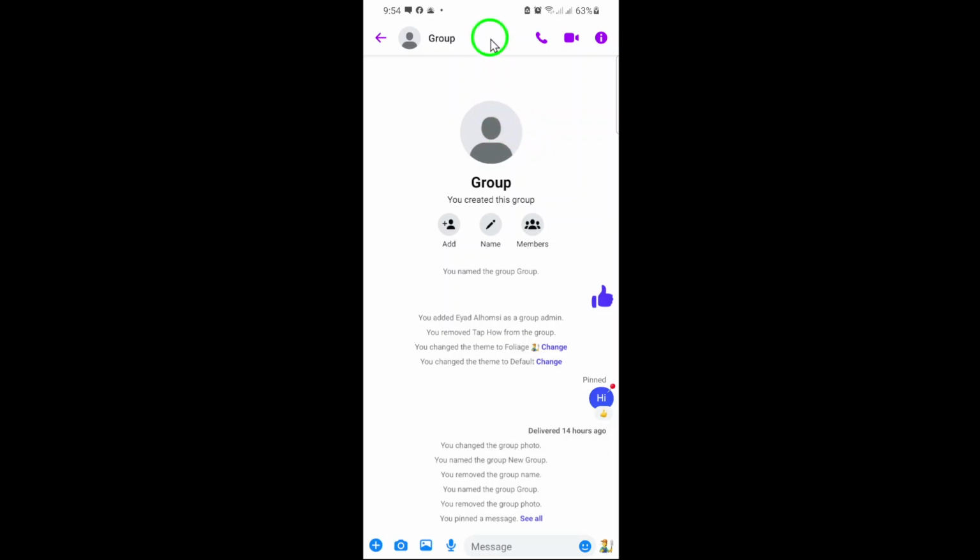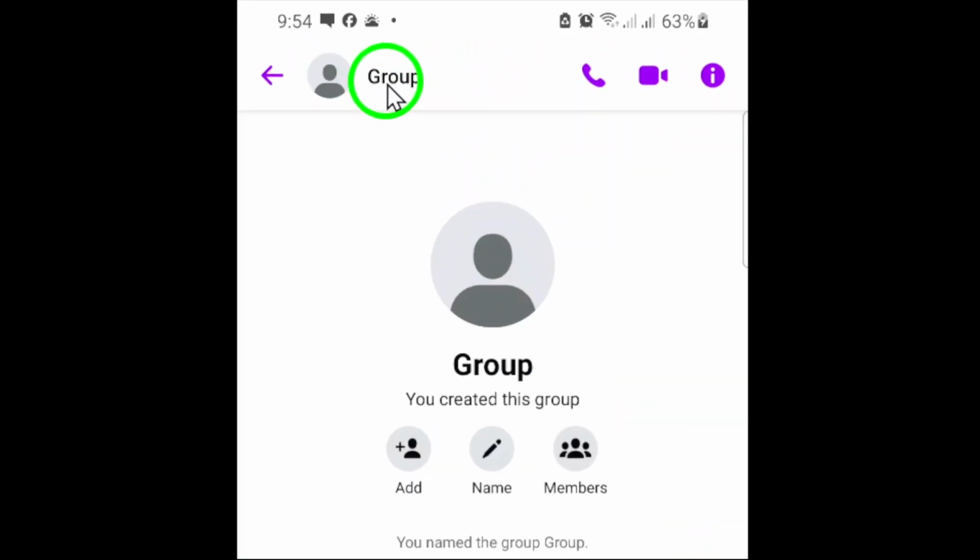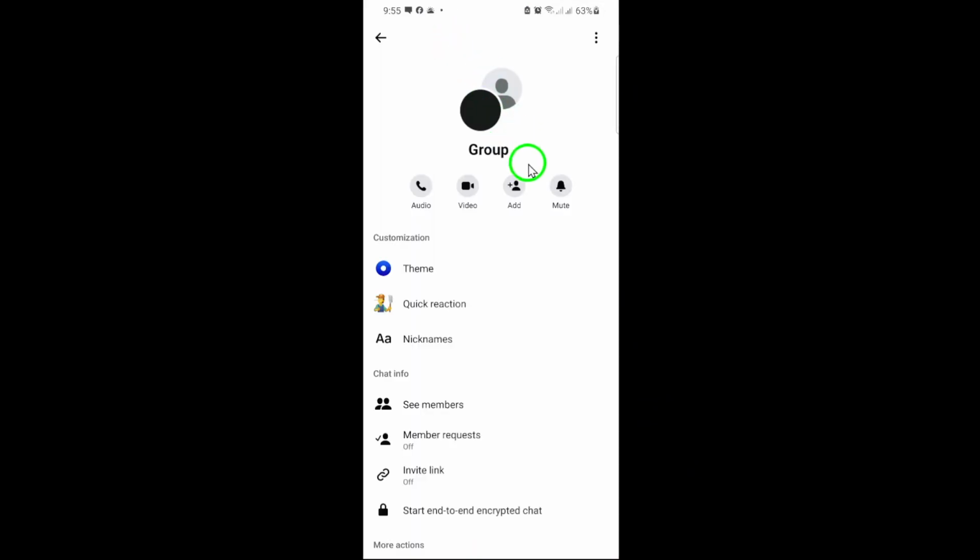Next, look to the top of your screen. You'll see the group's name or maybe a group picture right at the top. Go ahead and tap on that. This will open up the group settings and information page, where you can customize all sorts of things for your